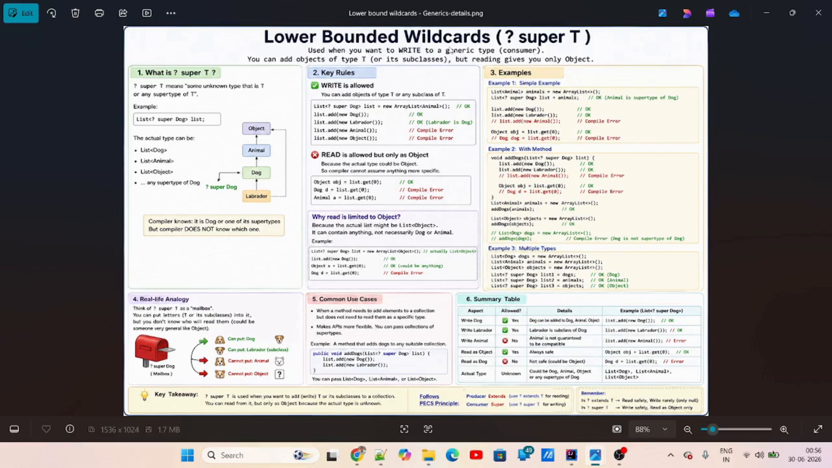But as I said, with wildcards, it is not aware which one. That is the thing with the wildcards. It is still an unknown type, but you have bounded whether it's a superclass of T or a subclass of T. A subclass of T is upper bounded and a superclass is lower bounded. The key rules here, in lower bounded, you can write